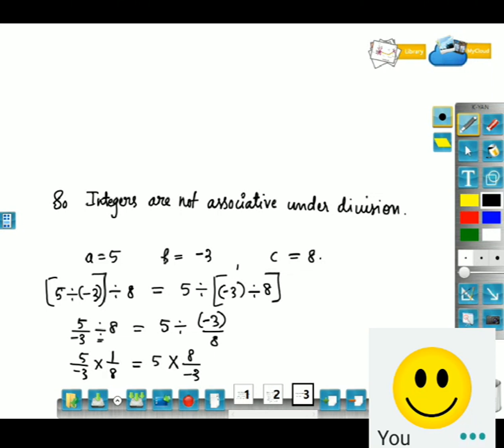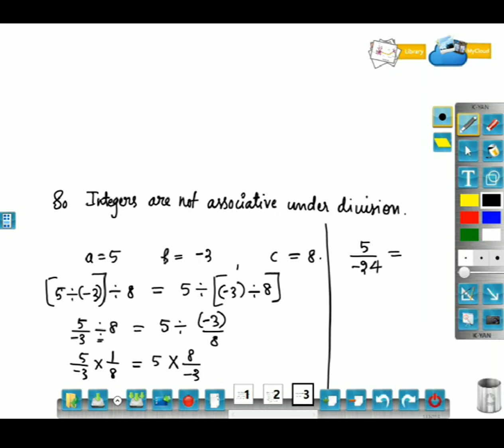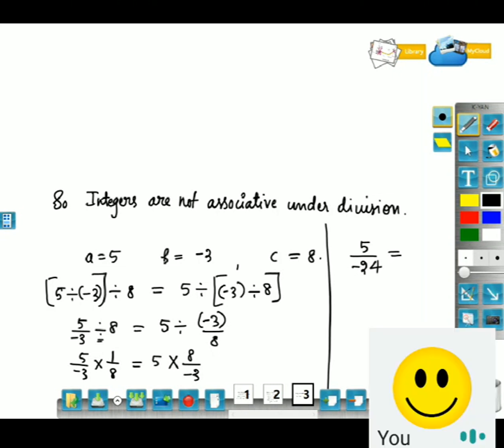Okay, so now 5 into 1, now it has become multiplication. We have to multiply numerator with numerator and denominator with denominator. 5 into 1 will be 5, and -3 into 8 will be -24. Just 1 minute, I will repeat once again. Similarly 5 into 8 you will get 40, and in the same way here 5 will be there, nothing but 5 by 1, 1 into -3 will be -1. Obviously these values are not equal.